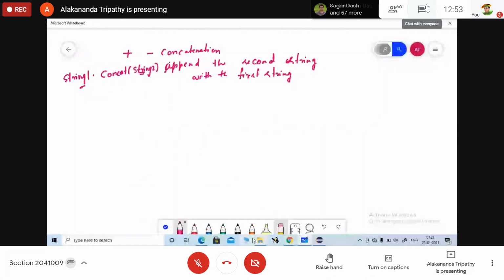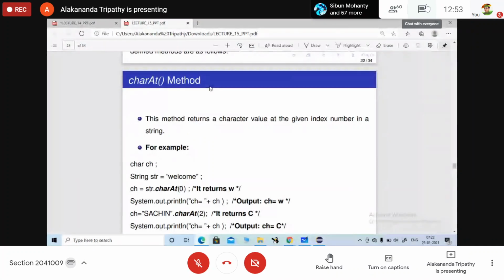If I write here string str equals welcome, so 0, 1, 2, 3, 4, 5, 6. If I write str.charAt(4), which character will it return? O. This is another method, charAt, it will return the character at index 4.